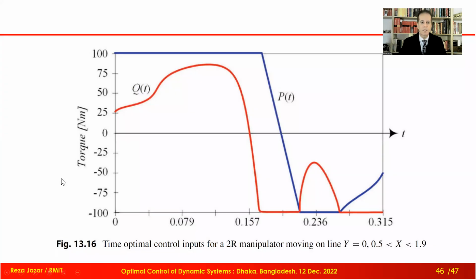And interestingly, you see that at the beginning, the motor on the ground is saturated up to this point, at which the other motor, the second motor on air, gets saturated negatively. Up to this point, the motor on the ground again gets saturated negatively, and the red one is within the limit. One more switching point is here, where the motor on air gets saturated negatively. Eventually, the path finishes in rest-to-rest condition.